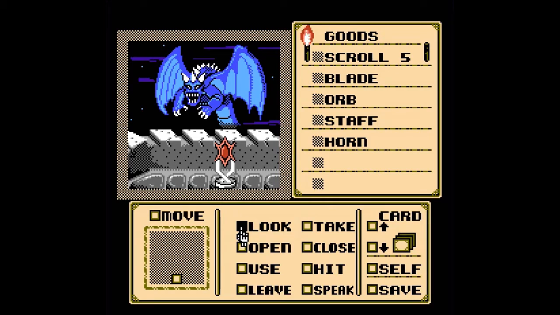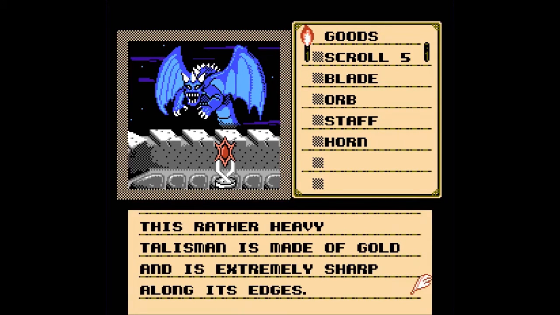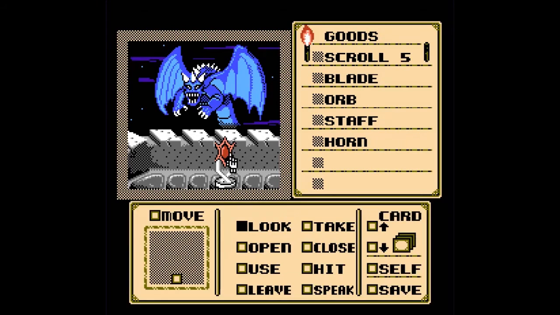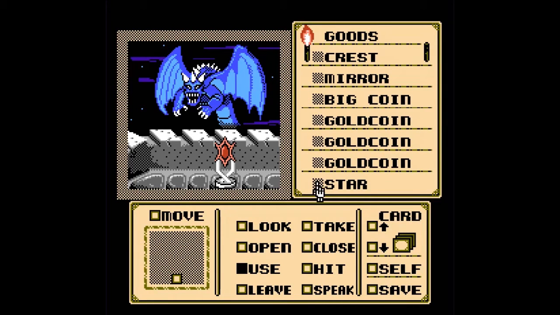So we have this wyvern, and we obviously can't take this thing. This rather heavy talisman is made of gold and is extremely sharp along its edges. Now the wyvern obviously isn't going to let us take that. So, kill the wyvern? Yeah. So we have to find something with which to kill a wyvern. It's going to be